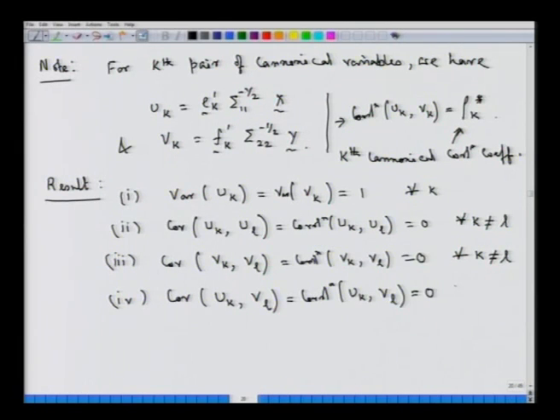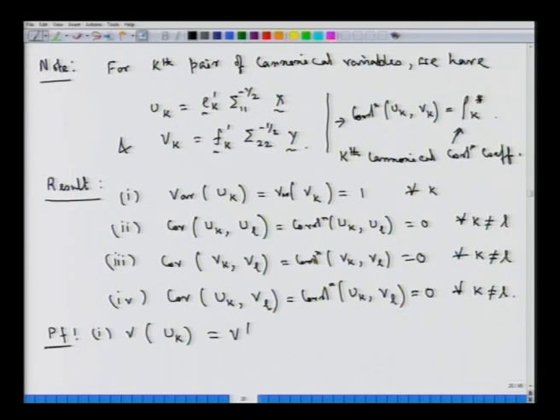This is also equal to 0 for every k which is not equal to l. Right. So, if we are to prove these results, these are simple elementary results actually. Now, in order to prove the first term, the variance of u_k, now u_k as we have